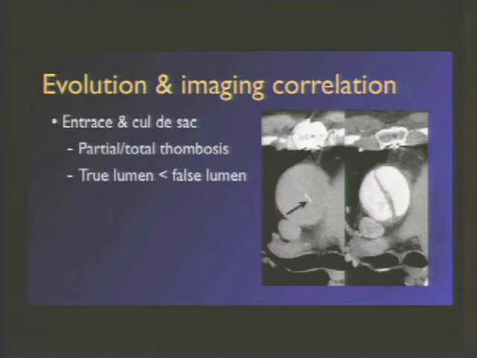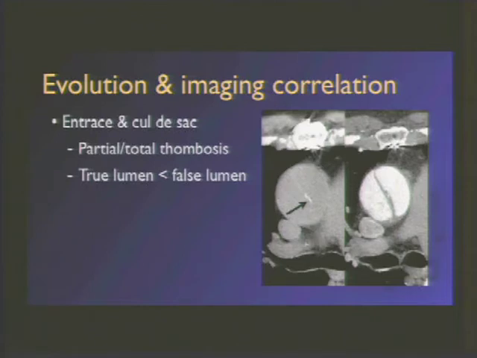Occasionally, there's not going to be a reentrance there, but a cul-de-sac. And in these cases, you're going to have variable degree of partial or total thrombosis. But still, the true lumen is going to be way smaller than the false lumen. Remember that sometimes you're going to see dissection in images without contrast, and you can see that as displacement of